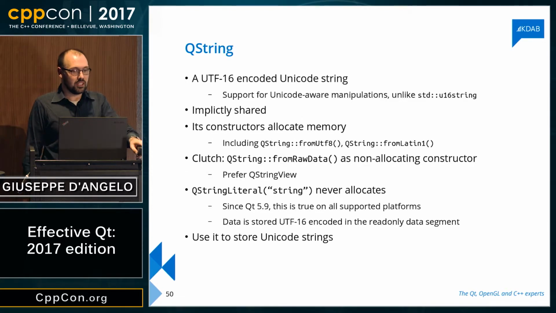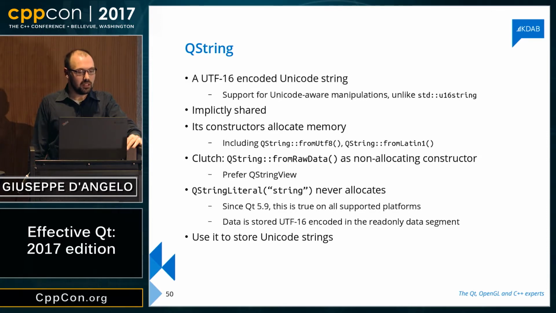Okay, so a similar discussion about QString. What is QString? It is a string because it is encoded in a specific encoding. The encoding that was chosen for QString a long time ago was UTF-16. You may disagree with that decision. Sorry, it's too late to change it. This decision was made 20 years ago, and there is simply too much code out there relying on that. We cannot go back and change it. The good news is this class is fully Unicode aware, so it supports all sorts of Unicode-aware manipulations, unlike the standard library counterpart, which, yes, stores UTF-16 code units, but has no full support for Unicode. You will need an external library for that.